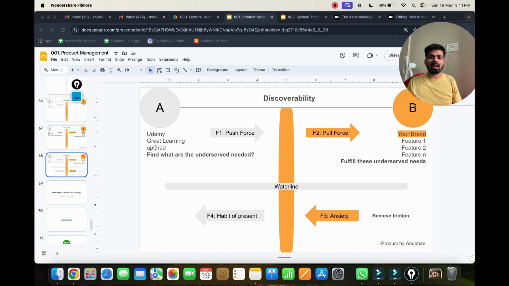For example, upGrad might not come up with 400-500 courses just like Udemy, because they are tapping into the university and more of a B2B kind of system. So that would not be possible for upGrad. So if you launch something like that, again upGrad can copy, but I don't think it would be that easy for them to take this business decision. And that is the leverage that you will have.